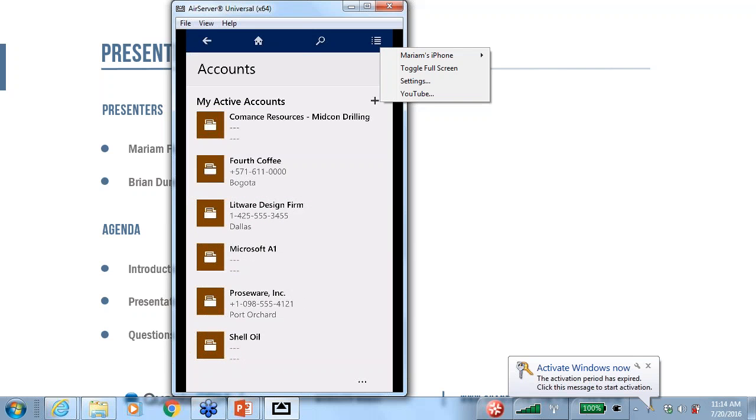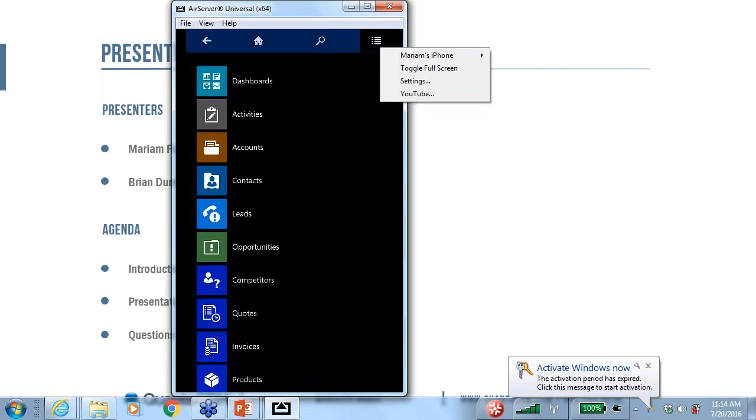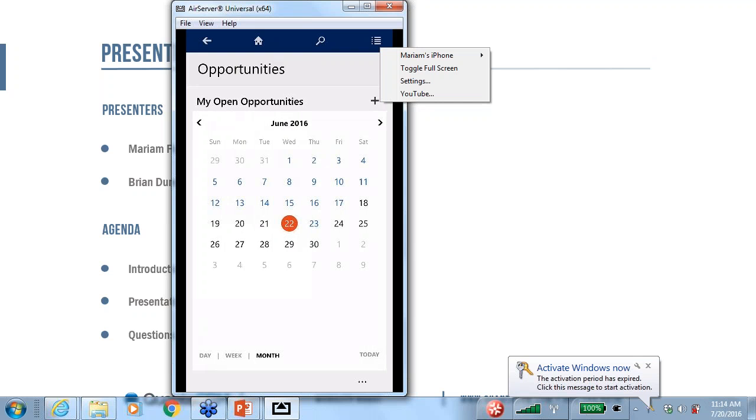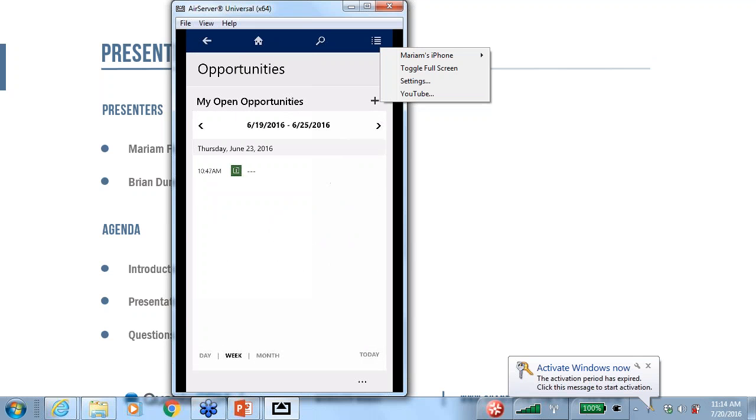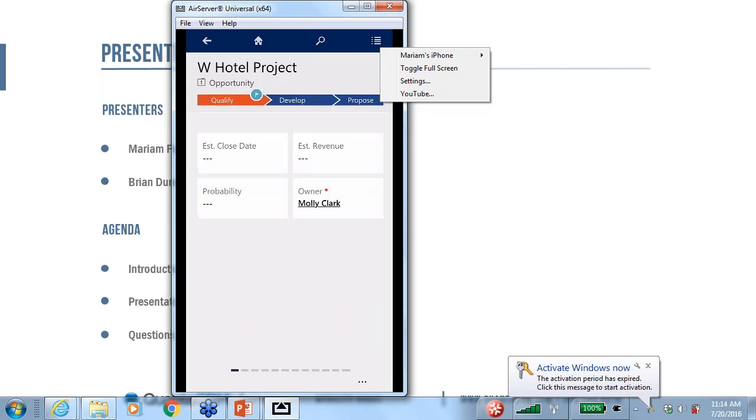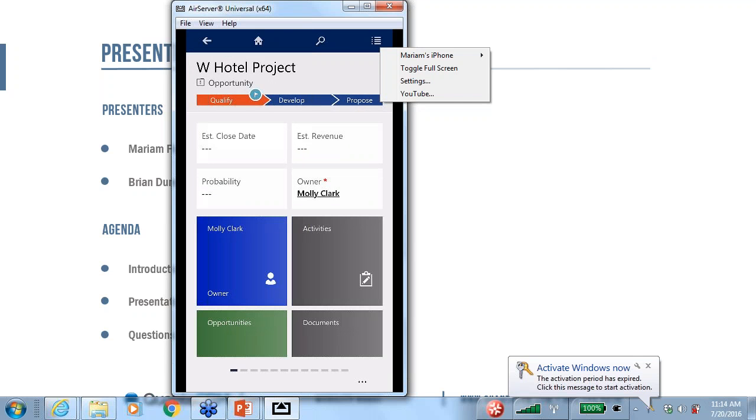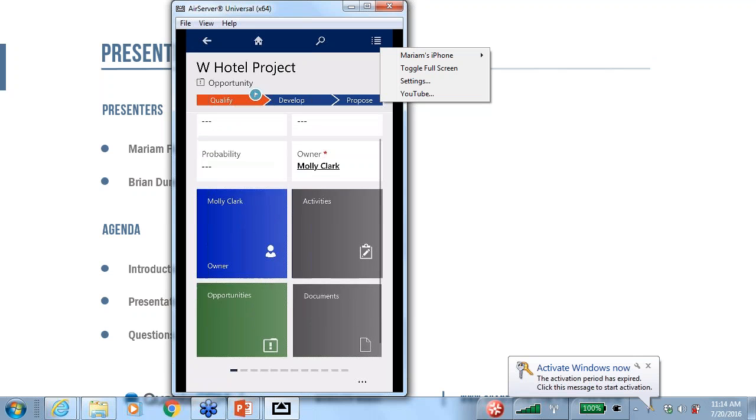Okay, we'll use our menu here and go to opportunities. And you can choose your date range. All right. So here we have the W Hotel project from owner Molly Clark, and you can see this opportunity is in